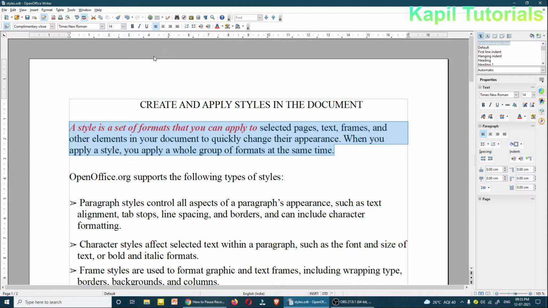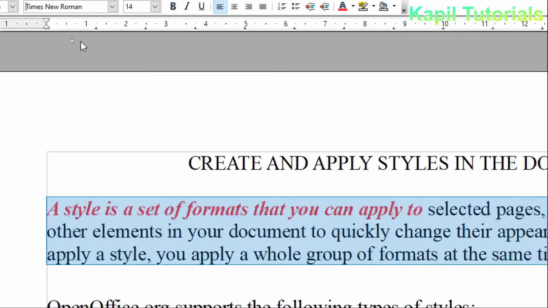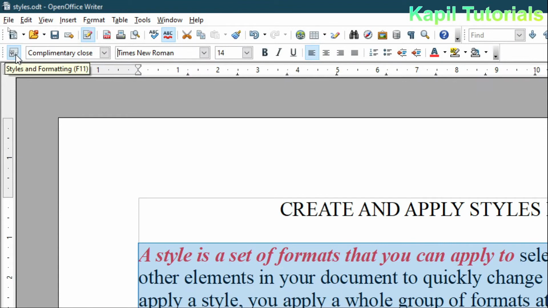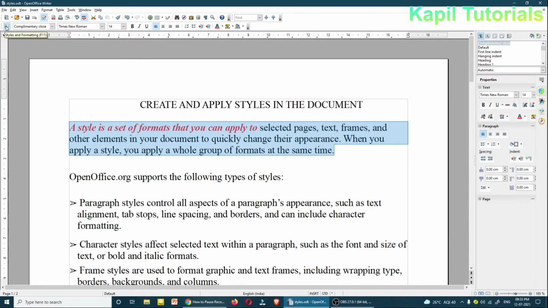So how can I select a style, and how can I make my own style? First of all, you can see here the icon of Styles and Formatting. The shortcut is F11. If I click on this, you can see the difference on this side.